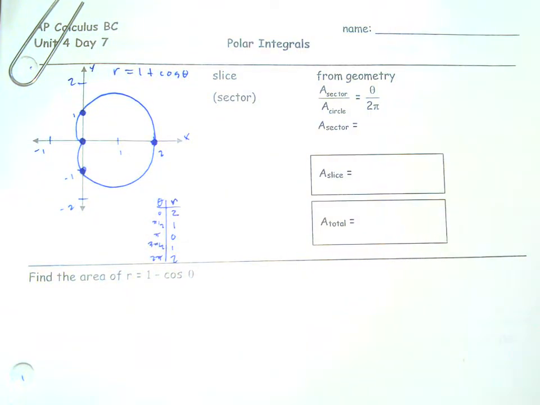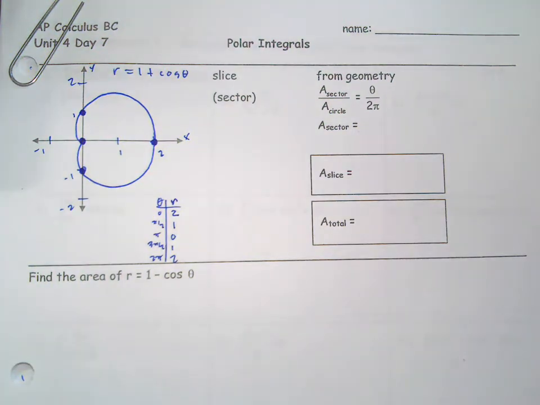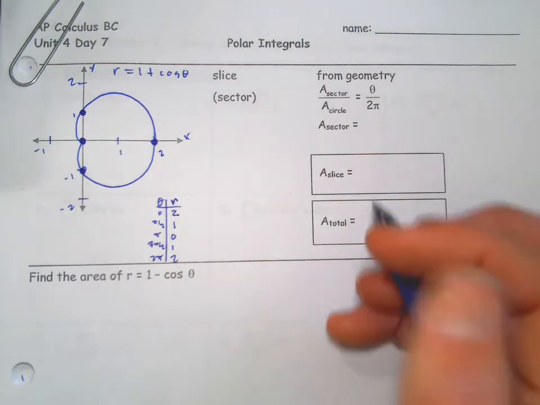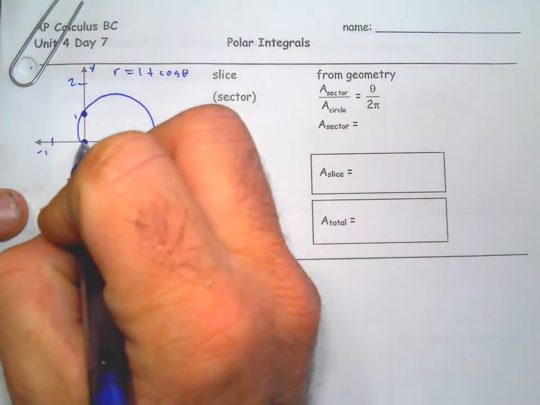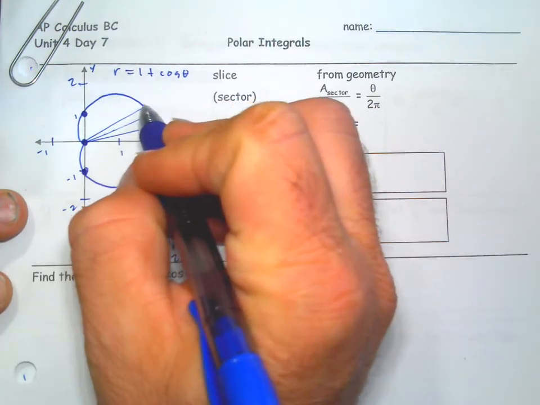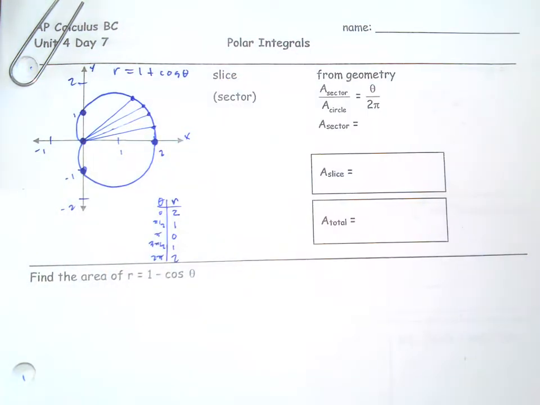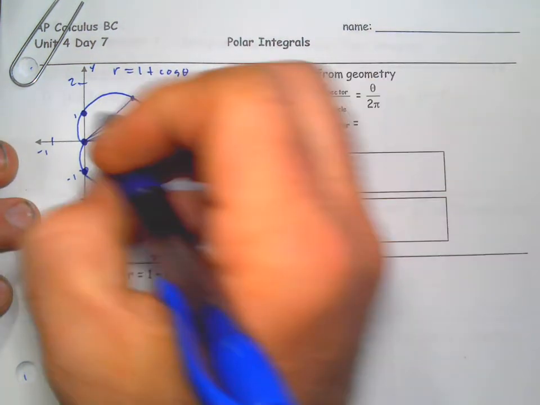Now, what we want to do is talk about how we could find the area inside one of these shapes. We've done area between lines before, but these shapes usually are closed, so we can try and find the area of a polar curve. What we're going to do is look at the slices. Now, the way these are graphed is in a radial fashion. So it's being graphed like this, right? As the angle goes, we're getting new points. Now, we also want to slice it like that as far as area. So we're going to take one of these slices,